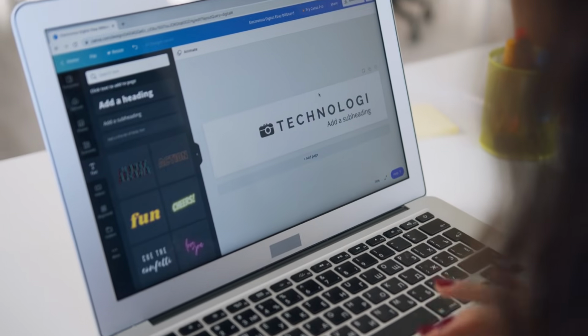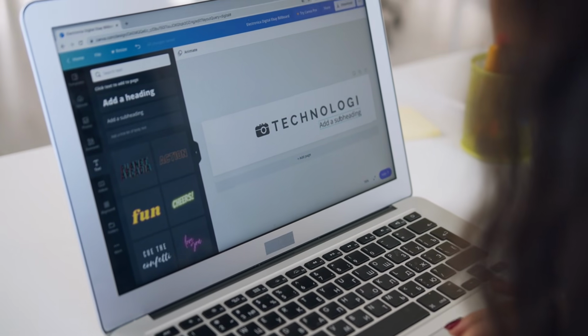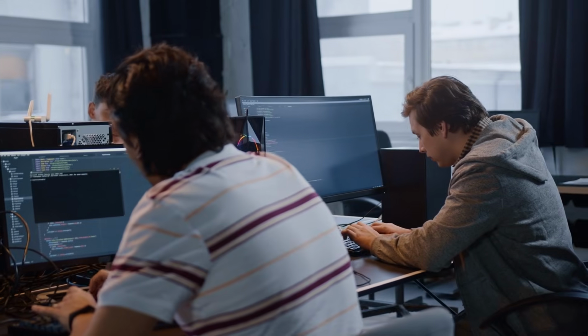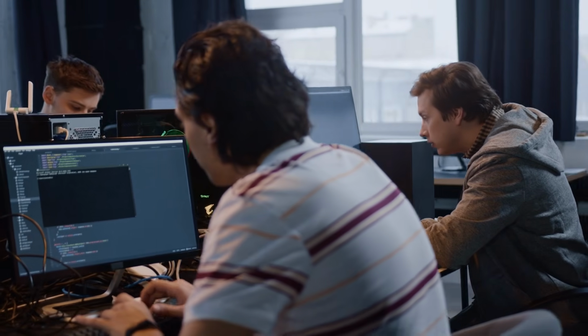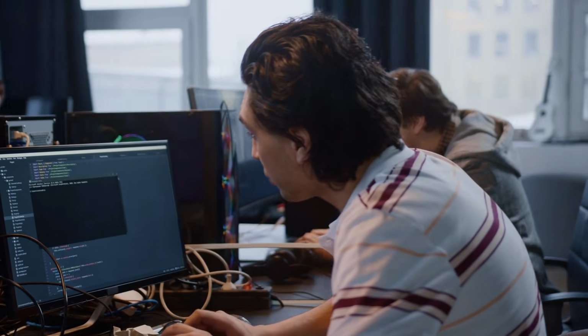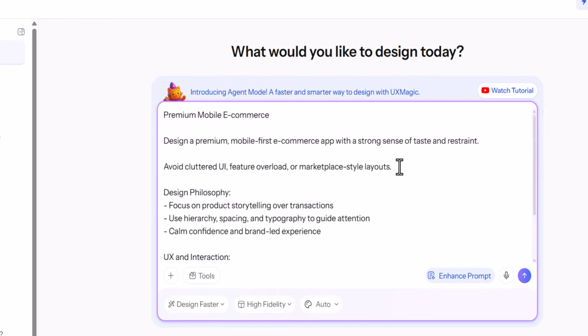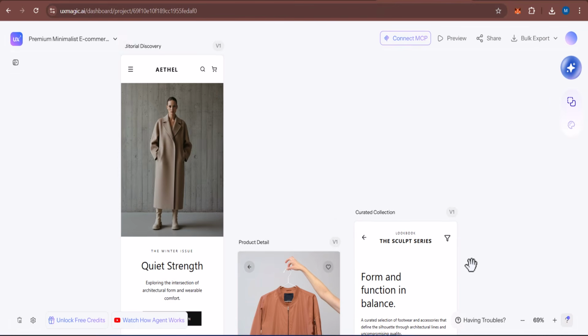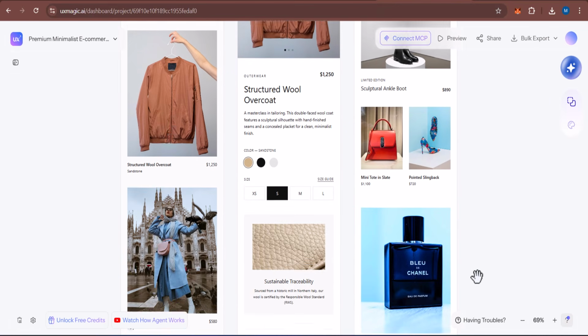This is for product designers who need to ideate faster, developers who want pro-level UI without the design headache, and the last one, the founders who need a polished MVP ready by Monday morning. UXMagic.ai isn't just about generating, it's about getting things done. The agent mode is the first time I've felt like an AI actually understands how to iterate on a design